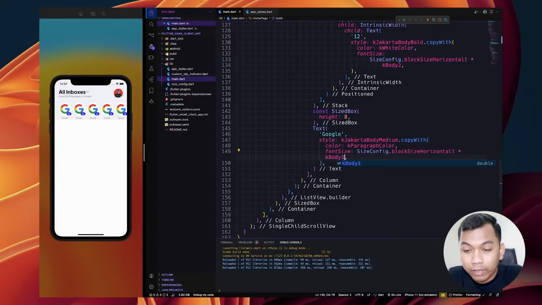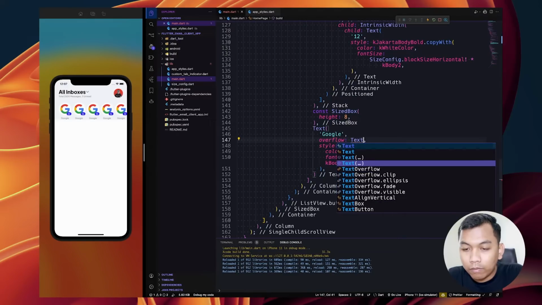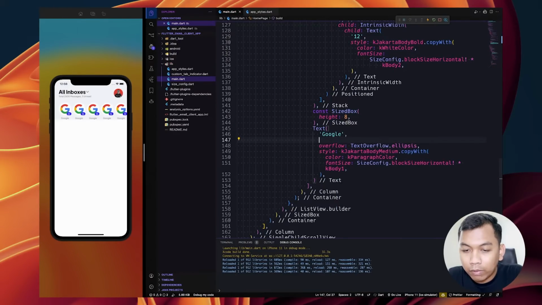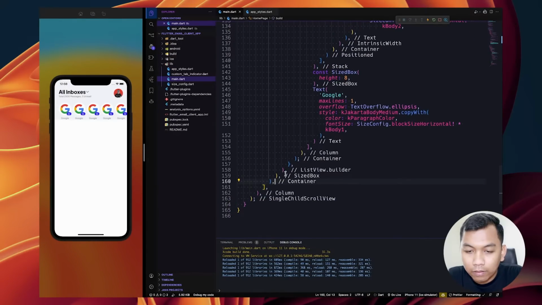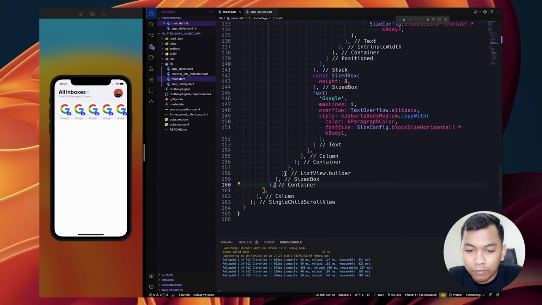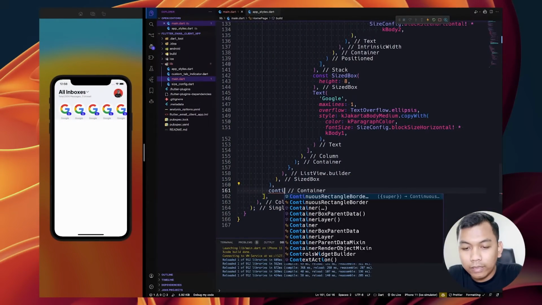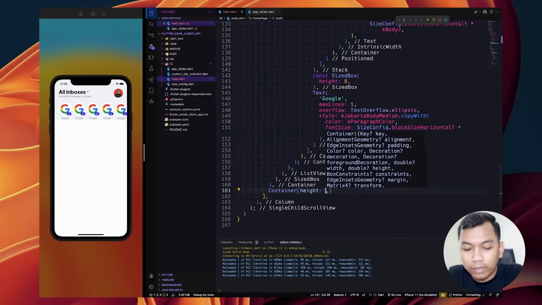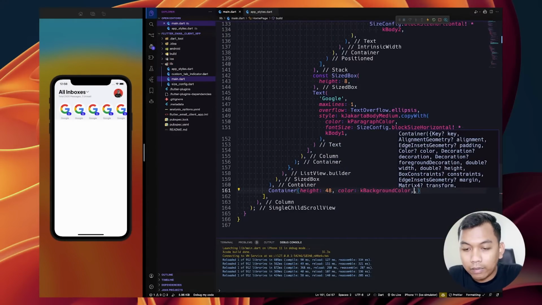And the size will be K body 1. And also we need to set overflow to be ellipsis and maxLines just 1. Alright. And below this container, we will have another container. The height is 48 and the color is K background color.